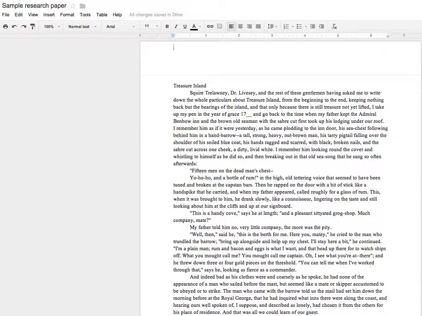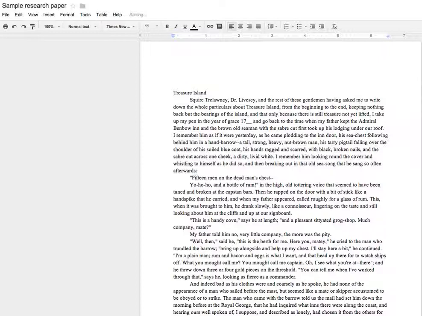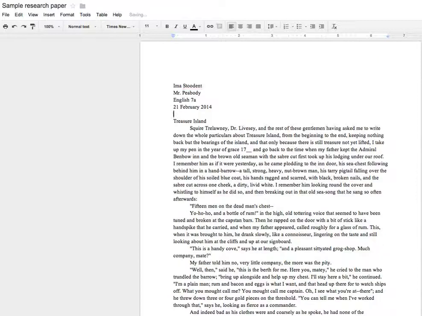The heading is what tells my teacher whose paper this is. So that's going to be at the top left of my page, and I put in my name, my teacher's name, the name of the class I'm taking, and the date. And for the date, we use the European style, which is the day followed by the month